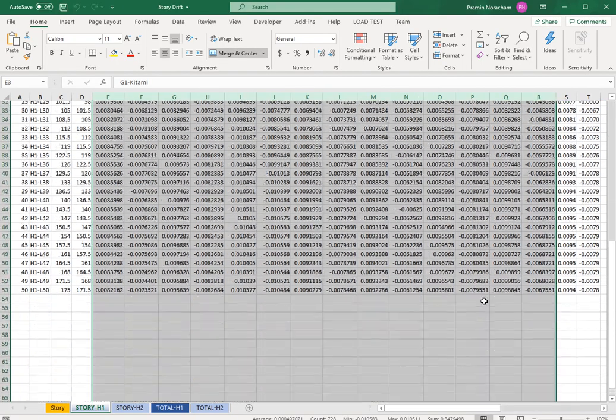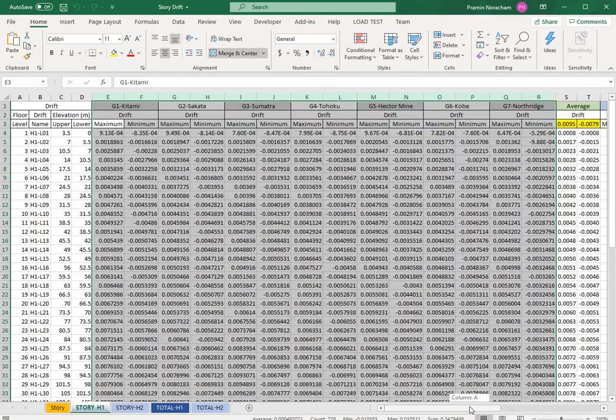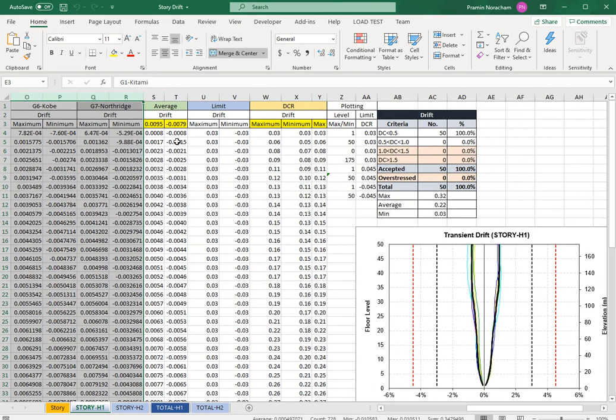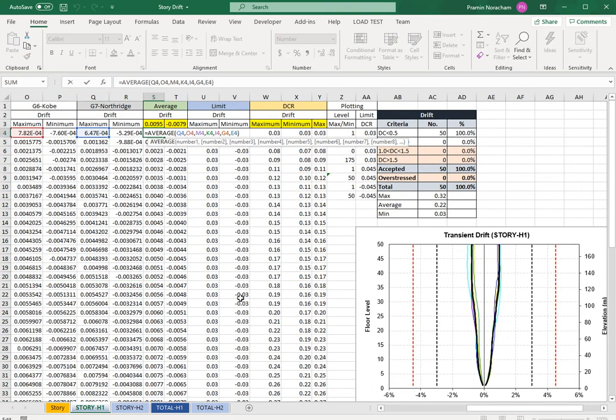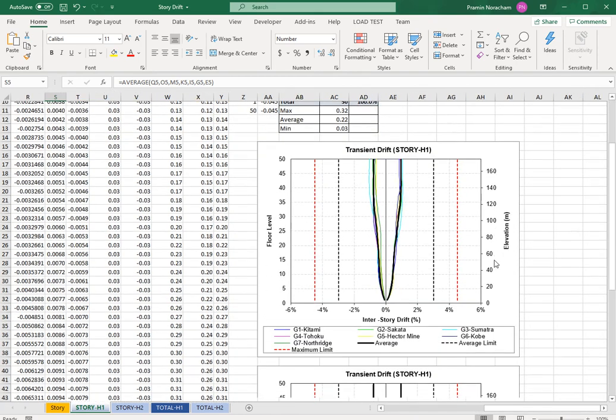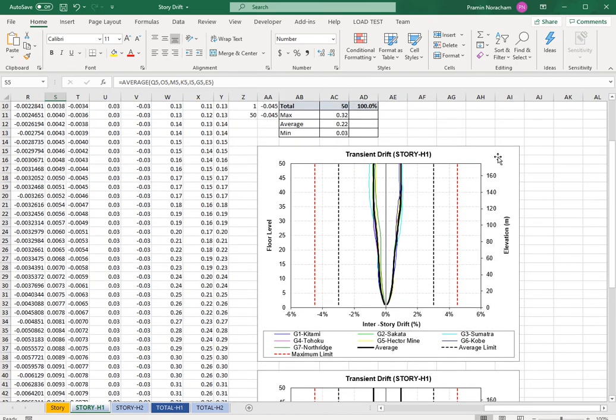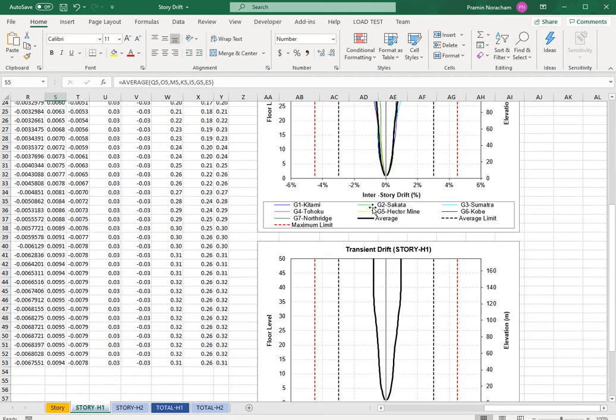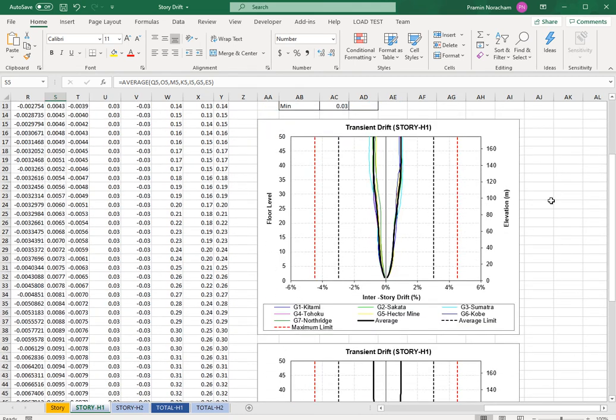It will be summarized here. There is the average result also, and there is graph plotting based on the story drift here. The graph is in a good format that is ready for the user to just copy and paste into the report.